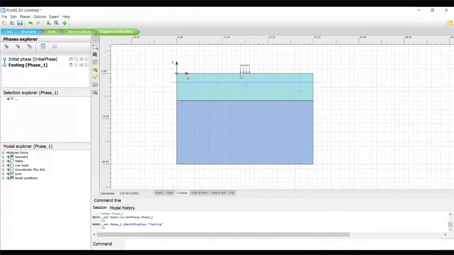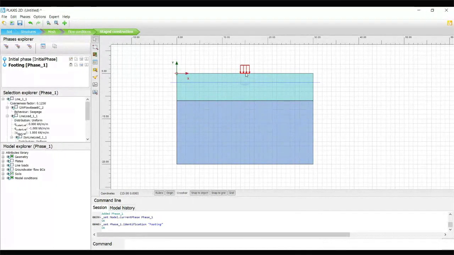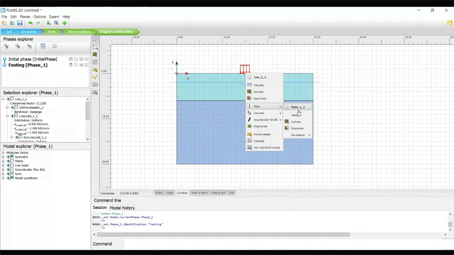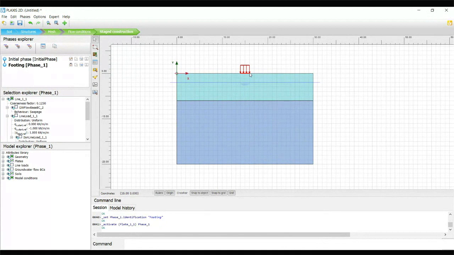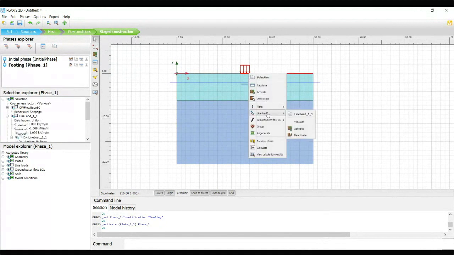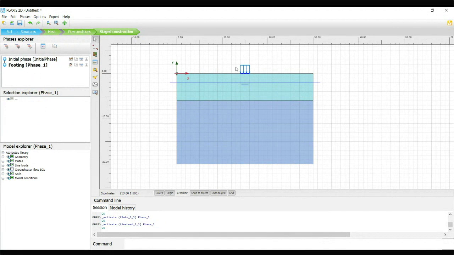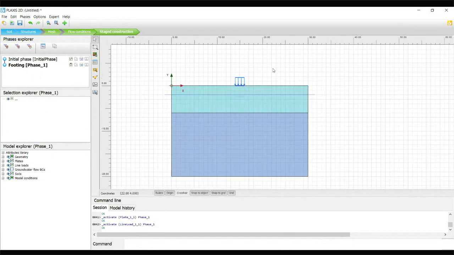Just select OK. We need to activate the plate. You can click here, right click, activate. So you can activate the plate. And then you can right click, go to line load and then activate. Like that you can activate one by one, or you can directly click on the plate and line load. This way also you can activate. So now we just assign a foundation and we need to change the value.